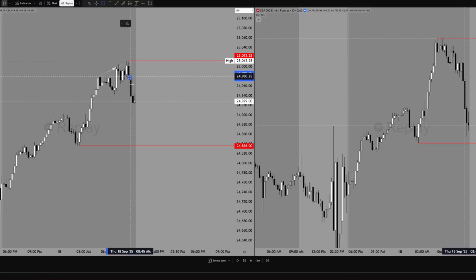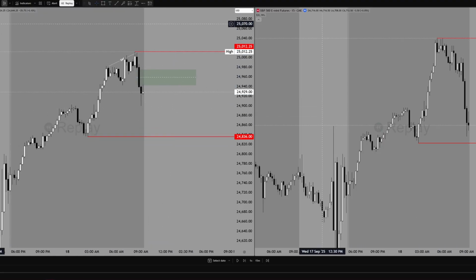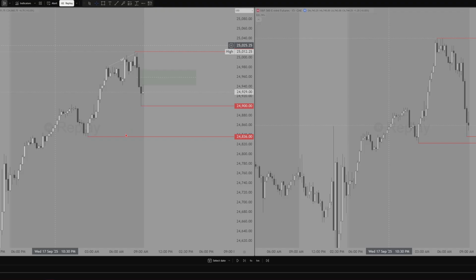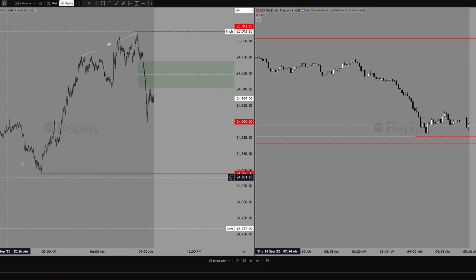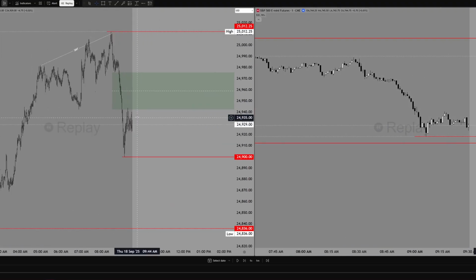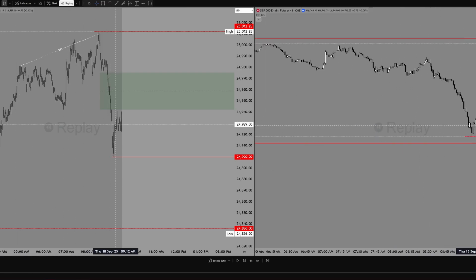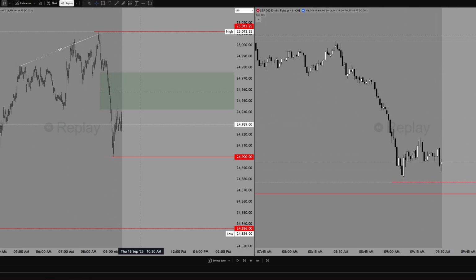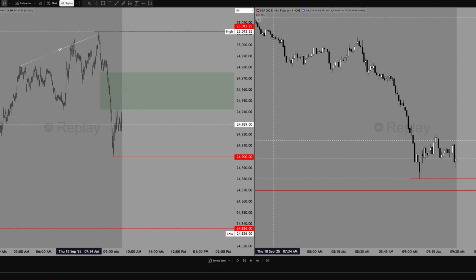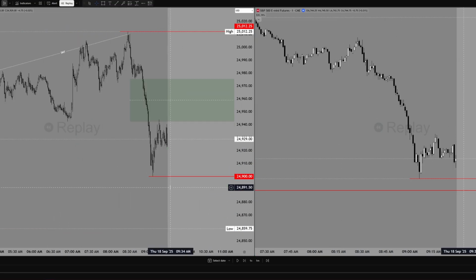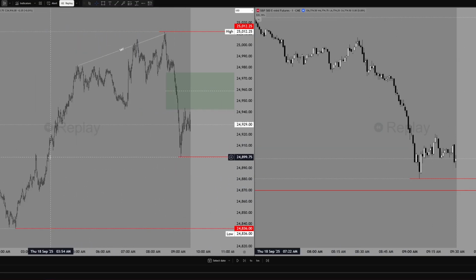So I'm gonna draw these SIBIs here and then go to the 1 minute chart. I could also draw these as well, but it's nothing crazy. Yeah, so we're bullish, but now we got bearish SMT delivering us lower. We have the SIBI right here. We got a lot of LR here, but it's not LR, it's mainly just a SIBI, to be honest. And then we take another low here.